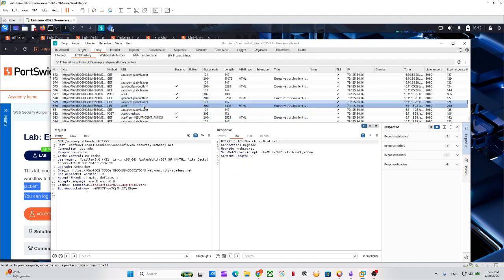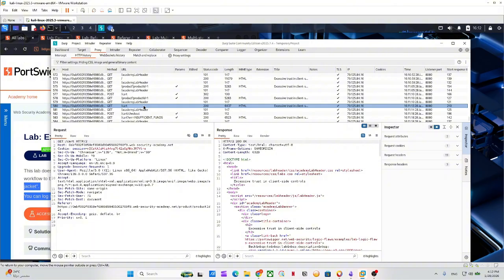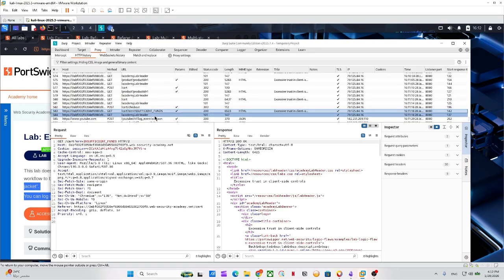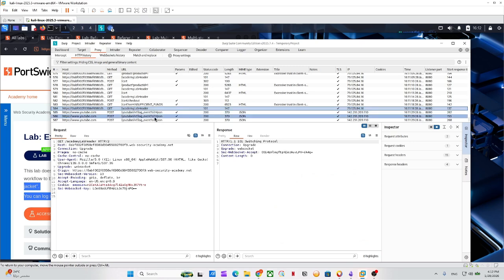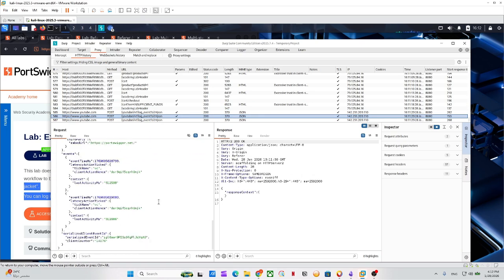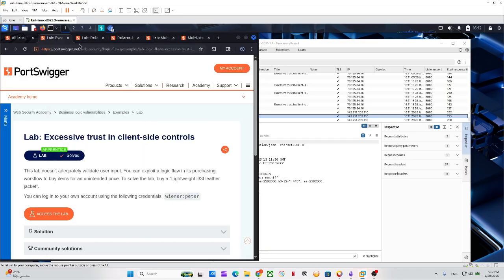Excessive trust of the client. There's the cart. So what am I supposed to manipulate? Insufficient funds. Okay, let me just go through